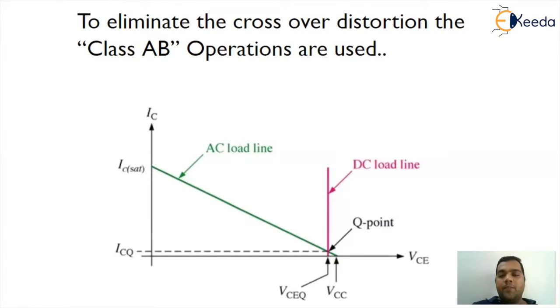So in the previous session we have discussed a problem with Class B that is called crossover distortion. The crossover distortion was a problem in Class B where the transistors were utilizing the energy from the input signal so that they can turn on. As everyone is aware, whenever we talk about a Class B power amplifier, there are two transistors utilized. One is NPN, another one is PNP. We are discussing the complementary symmetry push-pull Class B power amplifier.